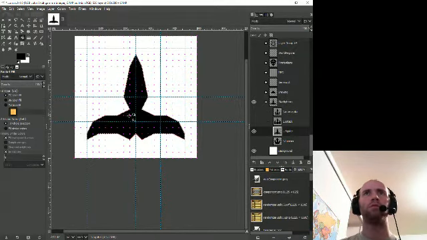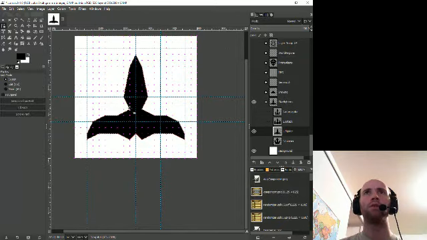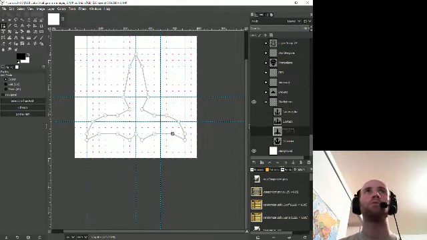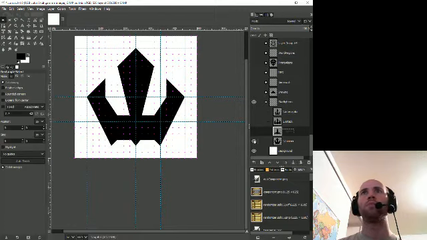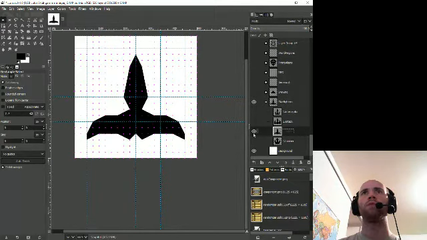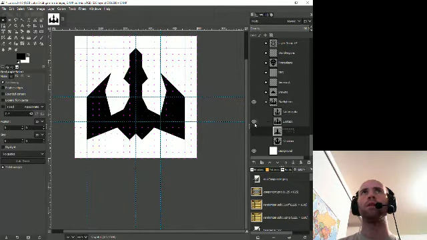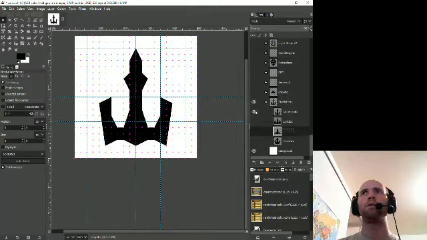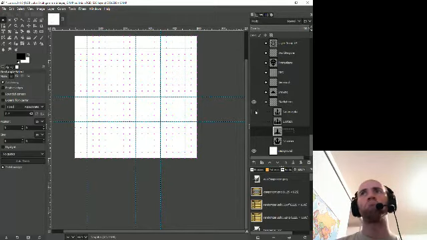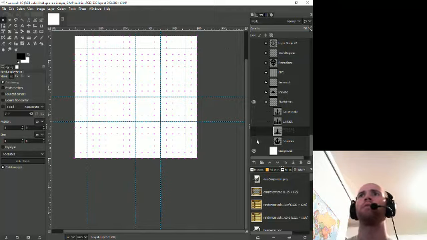Shift B. You can go B to go back to your editing with the nodes. Okay, so now let us compare these shapes. So we've got the bomber, the fighter, the attack fighter, and the interceptor. They look pretty good. Okay, so there's our